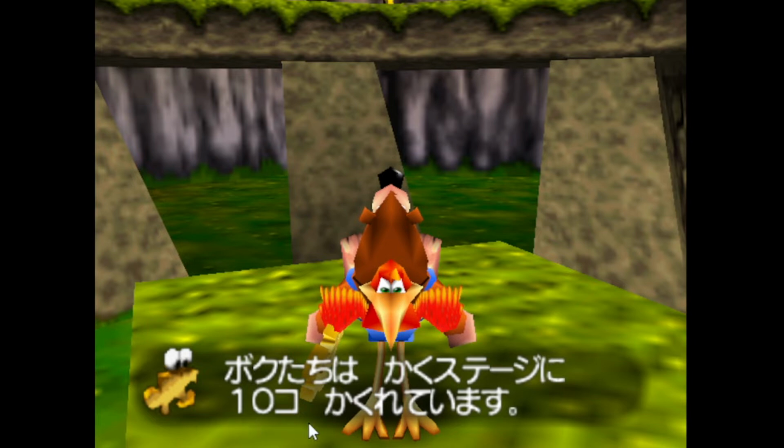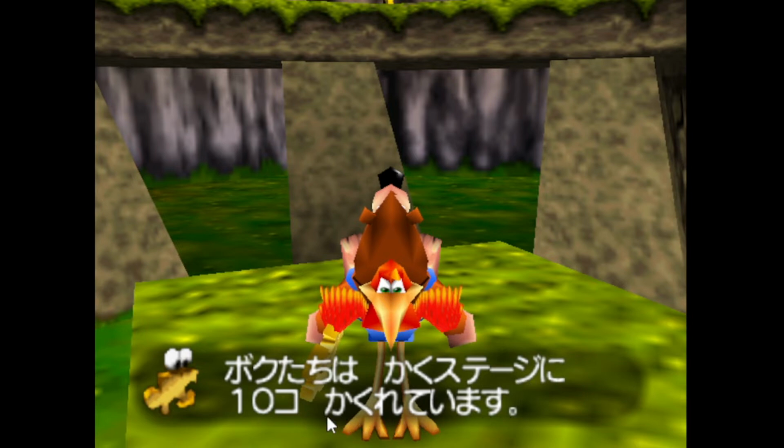I'd read that as juppon, and this as jukko. But I learned from a kanji test that it's actually jippon and not juppon. So now I'm trying to apply it to everything, like jikko. Not sure. Probably jukko, to be honest. So yeah, boku tachi wa kaku stage ni jukko kakurete imasu.